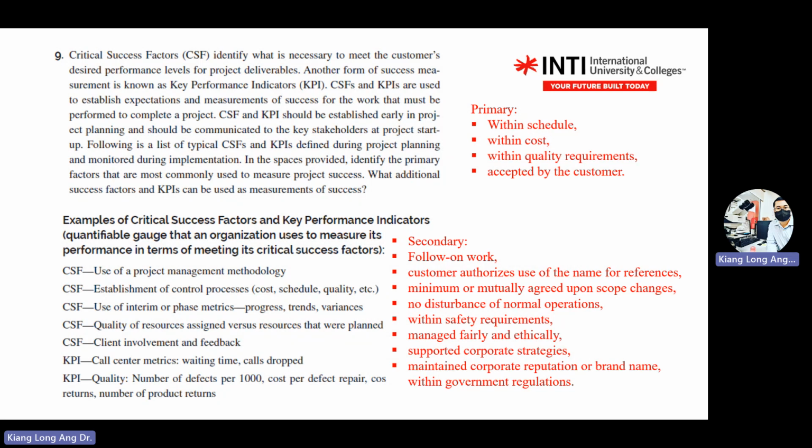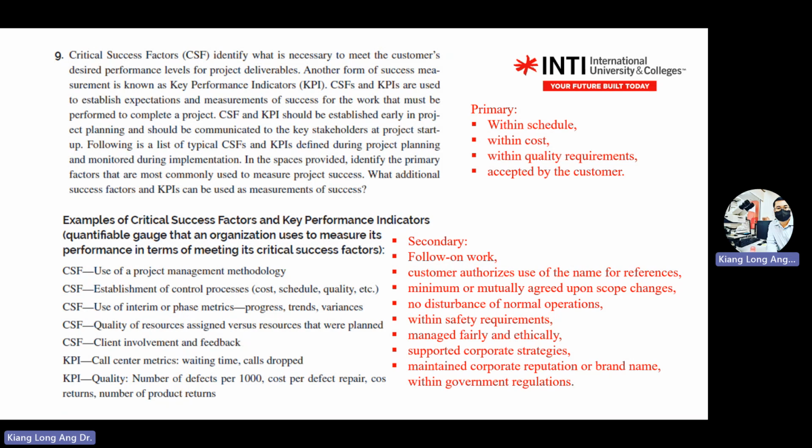Again, time, cost, and scope or quality requirement. Still the same: schedule or time, cost, quality requirement accepted by customers. So it's still back to the definition of the project success. Okay, so primary is the primary KPI, primary CSF. Secondary one is what you do to achieve the success. So for example, secondary KPI: follow up on work,